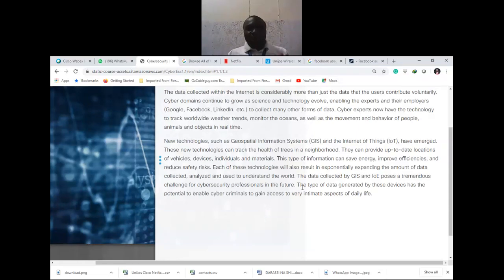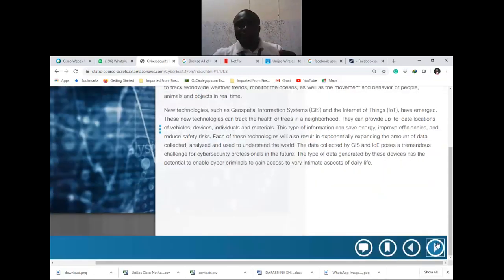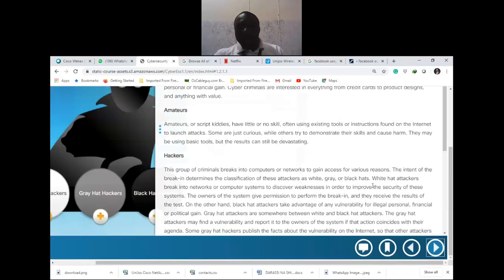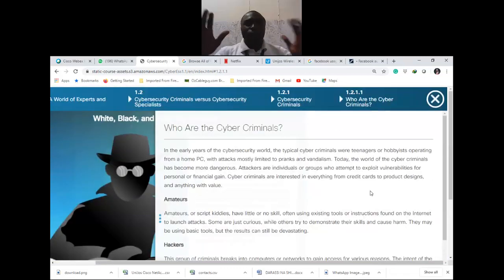Imagine I have in my home a car that is connected to the network. Everything that I have is connected to the network or to the internet. So what it means is that the kind of data that is being generated day-to-day is going to be very, very high. And because of this high volume of data that is being generated from these new technologies,